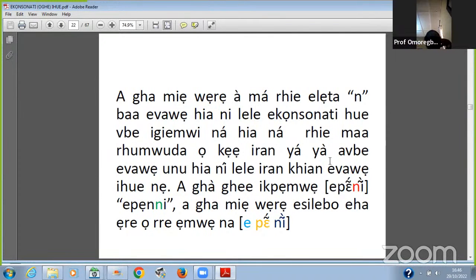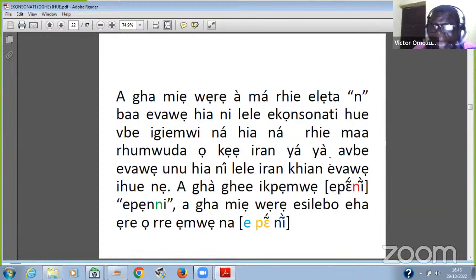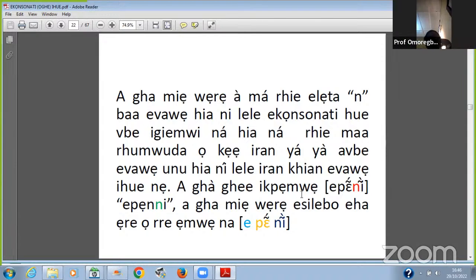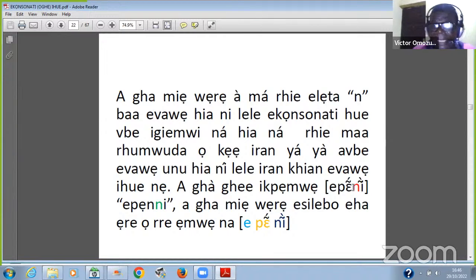So my idea is a letter N by A. So you have here a pen, the pen I just explained. It is only one N that you perceive when pronounced. The first N belongs to the second syllable. It forms a digraph in the second syllable. That is the N. So you have a penny.